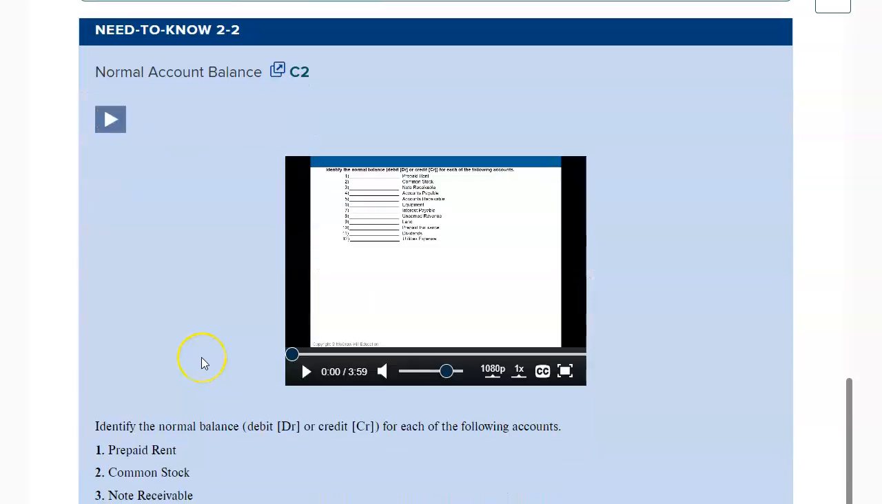I've been skipping these little videos, but these are really good things for you to do. I would recommend that you do it. You'll notice that it says C2. This is at the end of section C2. You can also find these